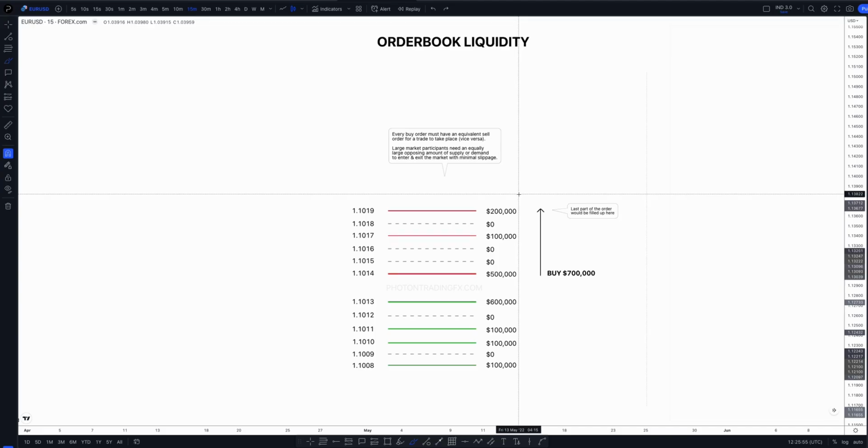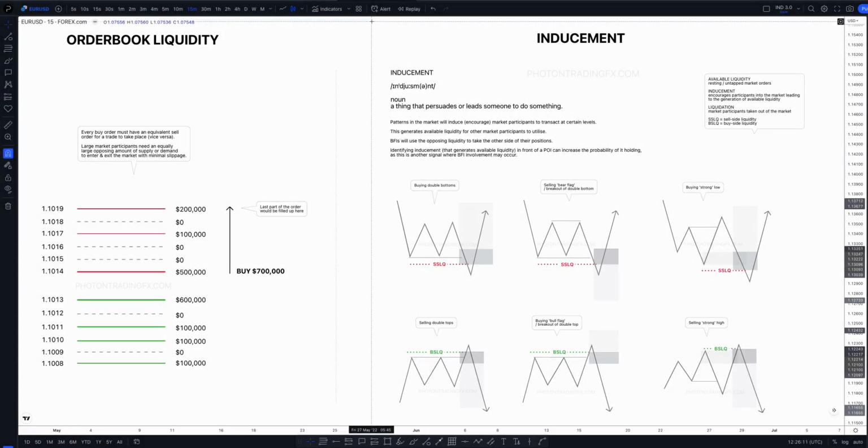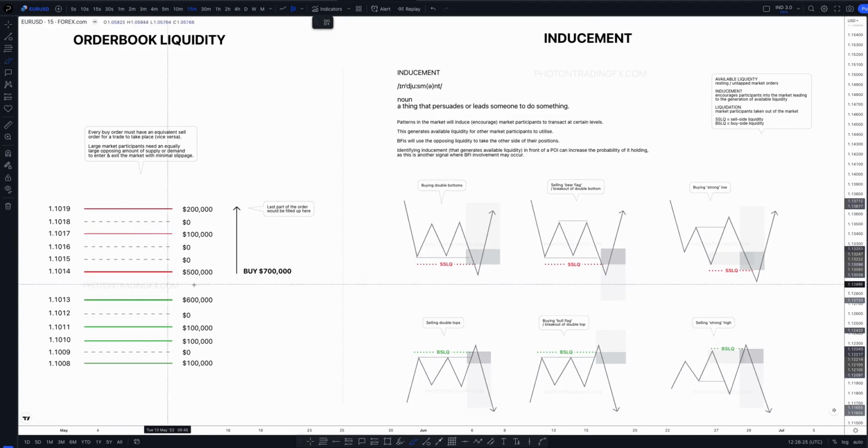So let's look at how we use this with our trading. Okay, so topic of inducement, there's a fair amount of words here. Okay, we'll dive into this in a minute. Of course, there's notes below the video which you can read in your own time, but let's start with the sort of simple concept and we'll go from there. Okay, so like I said over here,